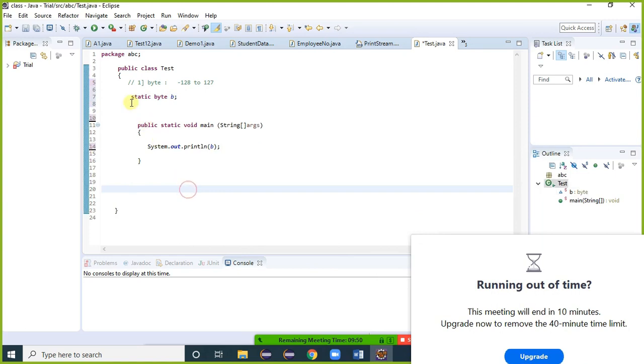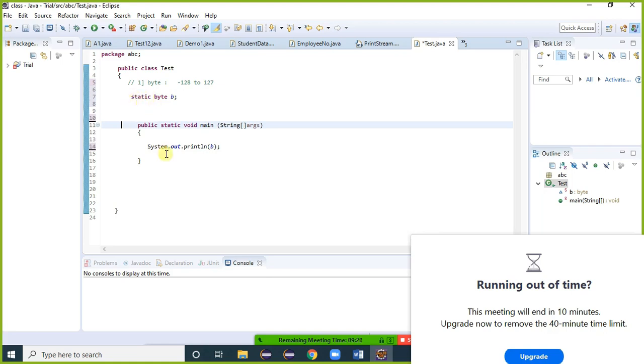Making that one a static variable. Why static? Because the main method is static. If that variable is static, we don't need to create the object. We can discuss how to create an object in another session. Only keep in mind that it is a static variable. How do we identify it outside a method? We only provide the static keyword here.